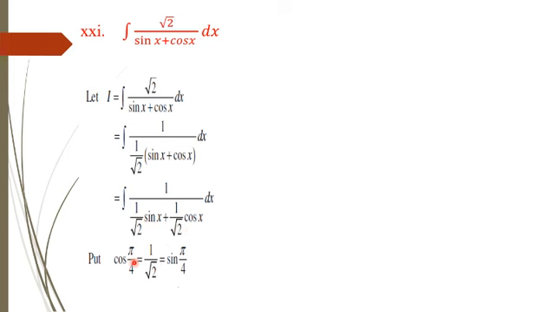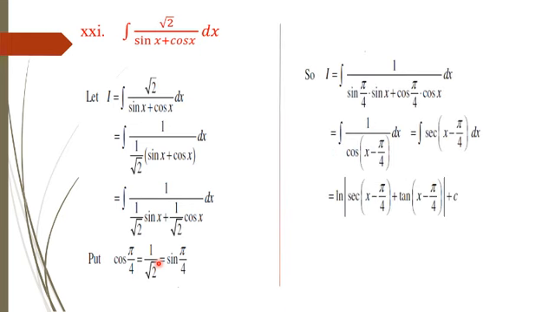And we know that cos 45 and sin 45, or cos pi by 4 and sin pi by 4, are equal to 1 by square root of 2. So in place of this 1 over square root of 2 we will replace sin 45, and in this 1 over square root of 2 we will replace cos 45, or cos pi by 4. And we have a formula from the fundamental law of trigonometry, that is cos alpha minus beta equals cos alpha cos beta plus sin alpha sin beta. Here we can take alpha as x and beta as pi by 4.